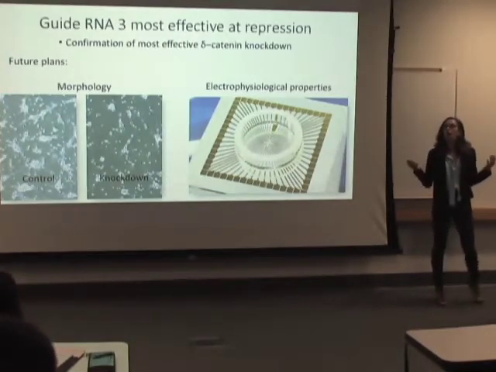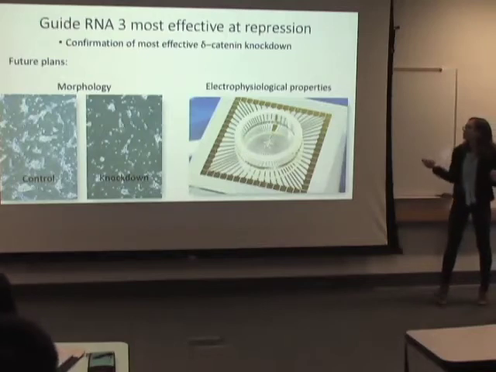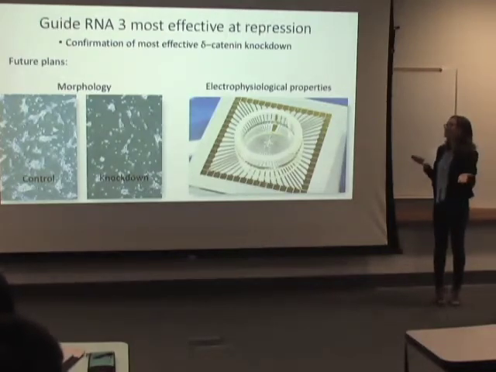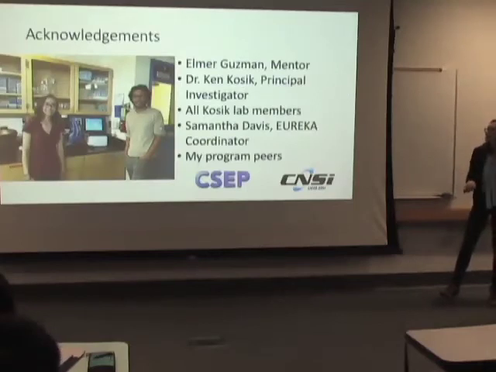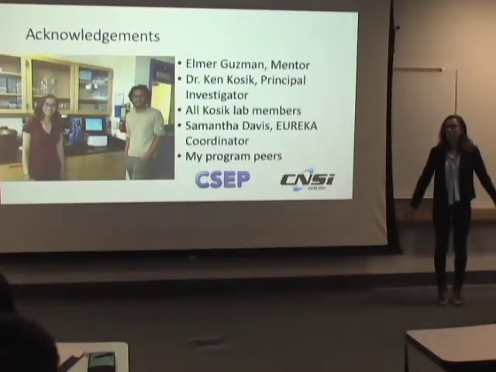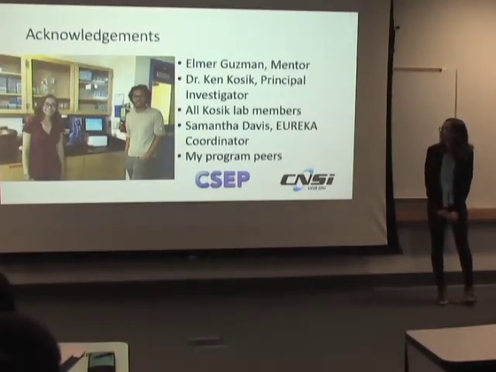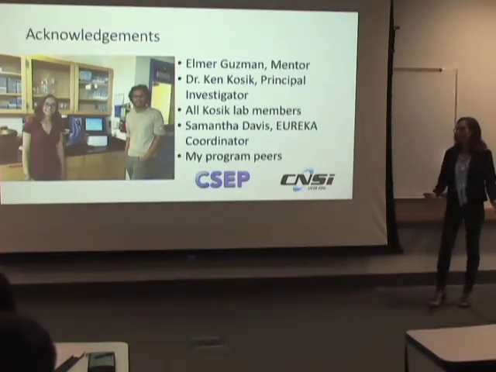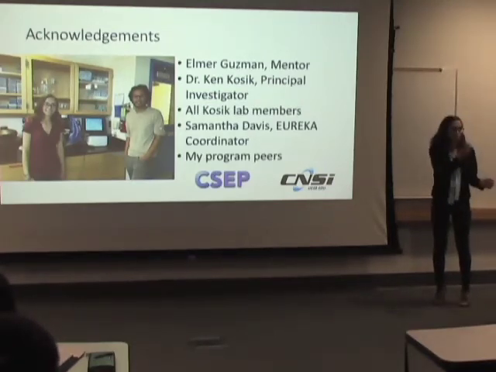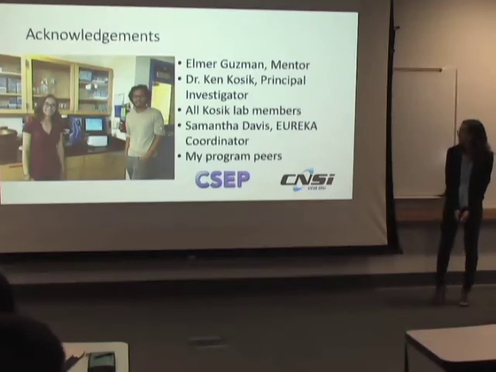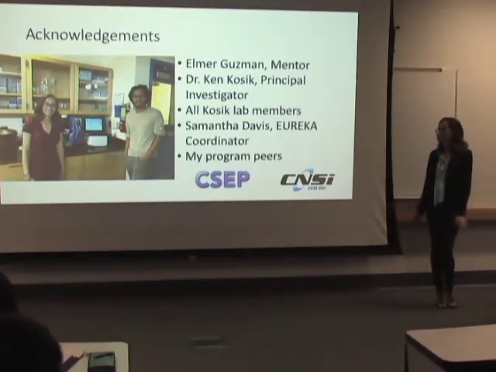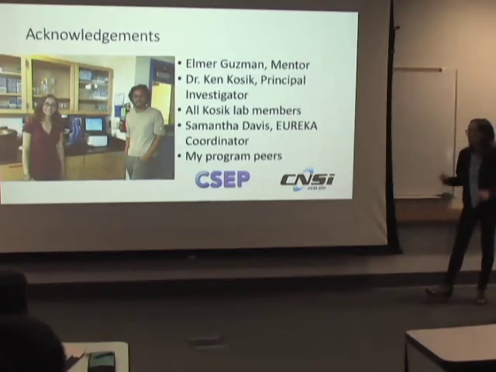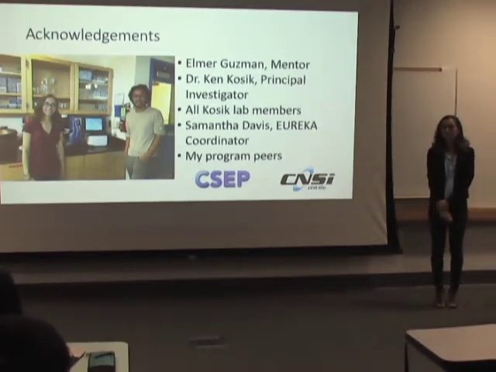Because of this, and because delta-catenin is just much more highly expressed in neurons than it is in H4 cells, we decided to move forward and test all 3 guide RNAs again in neurons. So the results for this actually showed positive, in that the control was, the 3 different guide samples showed a relative